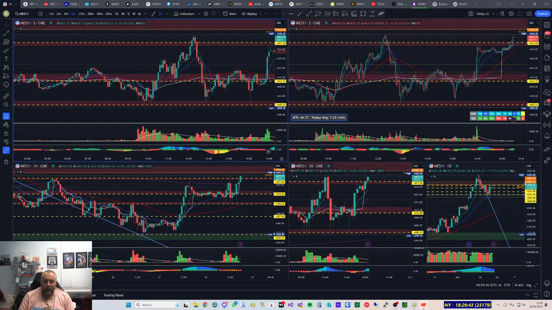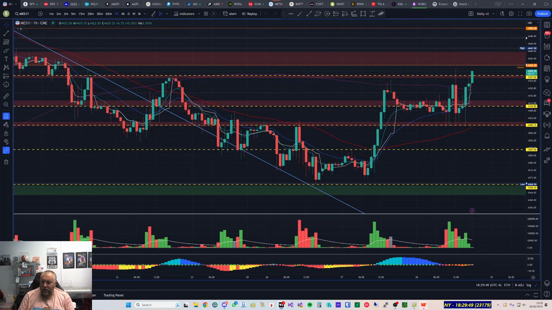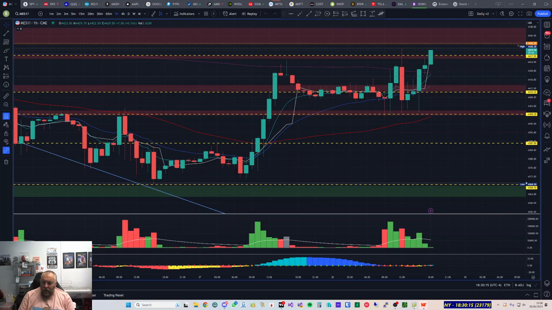So we're currently looking at the MES chart, which is what I traded, and I've got the 60-minute time frame open. I'm still a bit bitter because I missed this beautiful run up yesterday, but I didn't want to make the same mistake again. So today I had a slight long bias, so I was watching my levels and I was watching the candles for a confirmation of an uptrend or continuation from this trend.